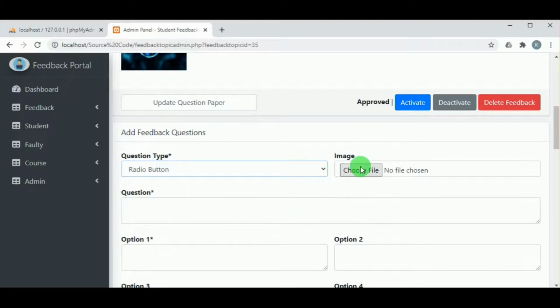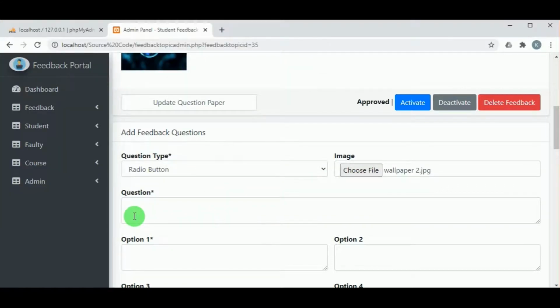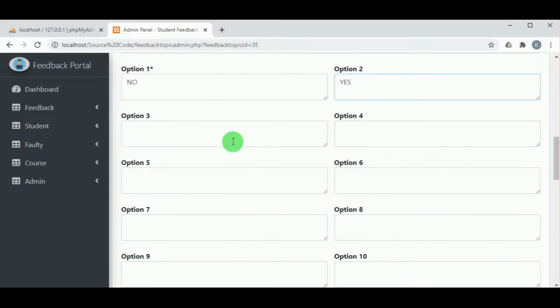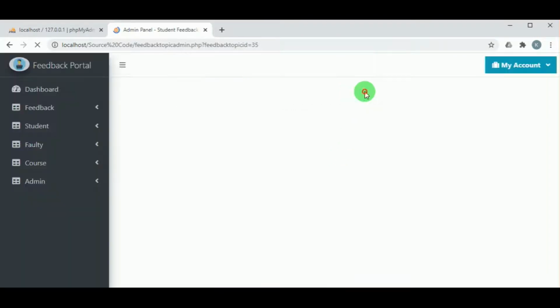Before, we had seen pagination and one viewer for the user. In pagination, the student can view the questions one question per page. In the one page viewer, the questions appear together in one page itself. On one page they can see all the questions. Here also we have given 3 options. Let's click on add question, and the question is added.